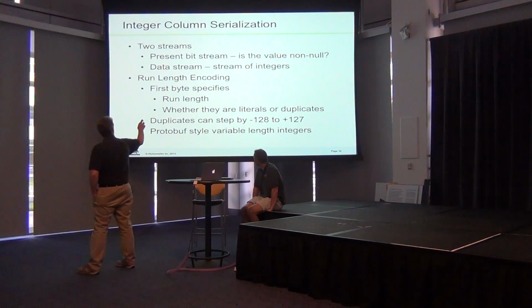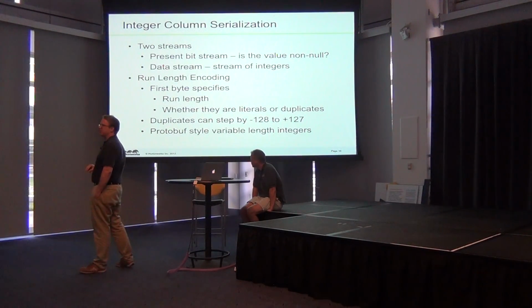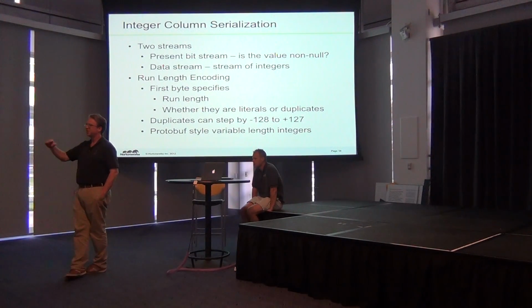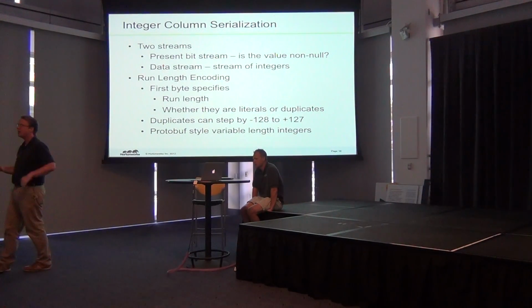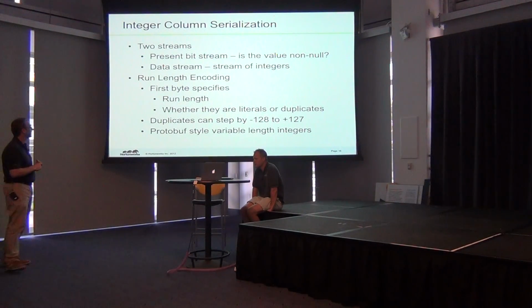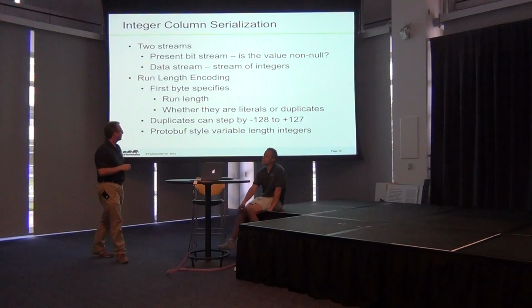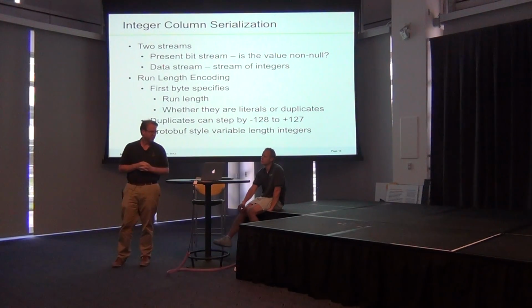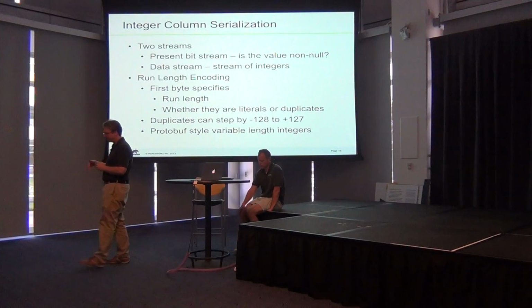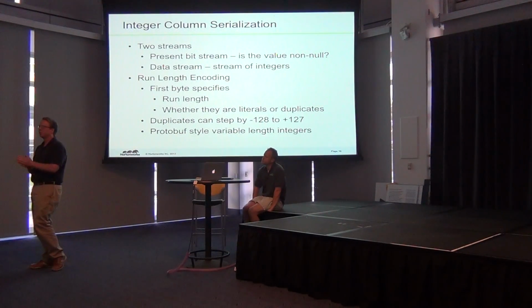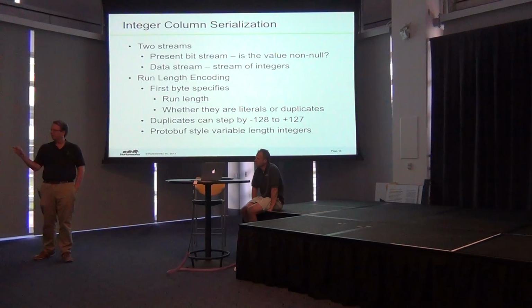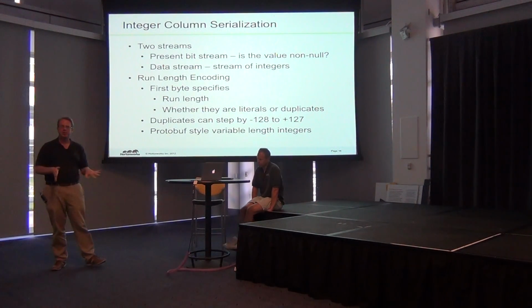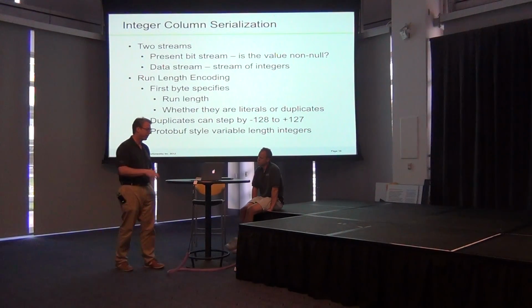And actually, we can even do a little bit better than that. We can say how much each instance is bigger than the one before. So if you've got a fixed delta between your values, you can encode it as a run. That helps a lot for ID values. If they're literals, actually even if they're runs, we encode everything using variable width encoding, so that if you have 0, it's just encoded as 0. 1 is also a byte, but 5 million will be the number of bytes. The variable width encoding we use is based on the one in protocol buffers.